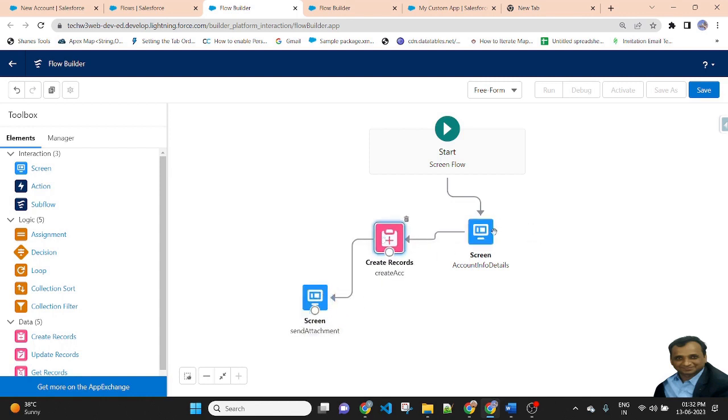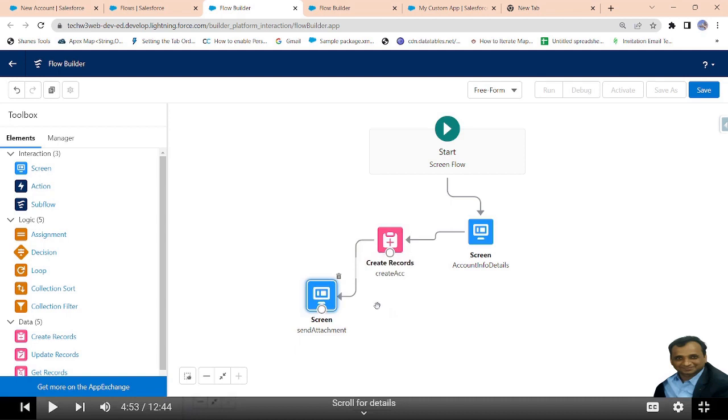So friends, as you know, before sending an attachment, we will check the active value of the selected option. So before this screen, I will make a decision.